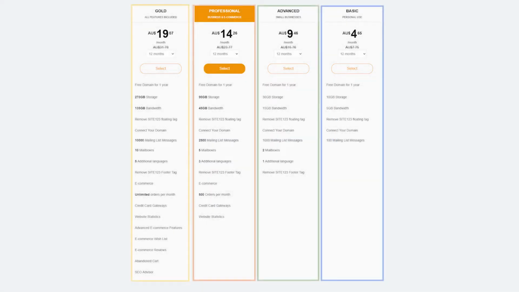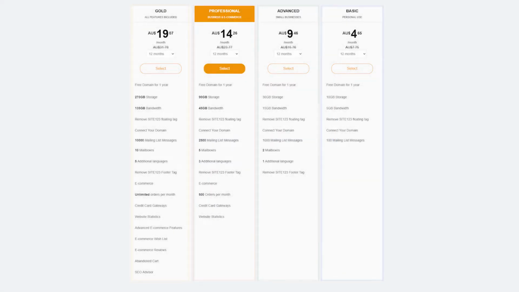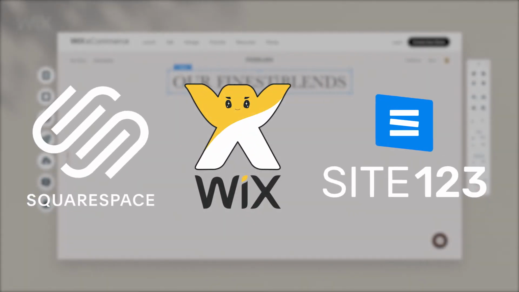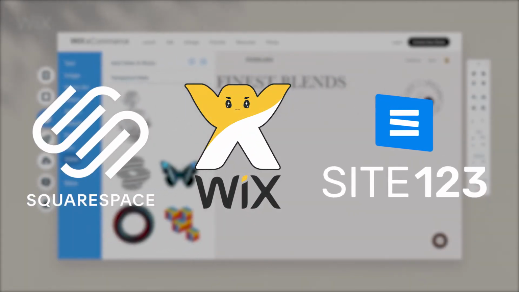And of course, upgrading gives you more storage and bandwidth, as well as a custom domain, email addresses, and access to plugins and extra e-commerce features. Even the most basic plan offers 10 gigs of storage, which is over 3 times as much as the comparatively priced Wix plans. So guys, that's a look at the 3 website builders that we recommend if you're interested in